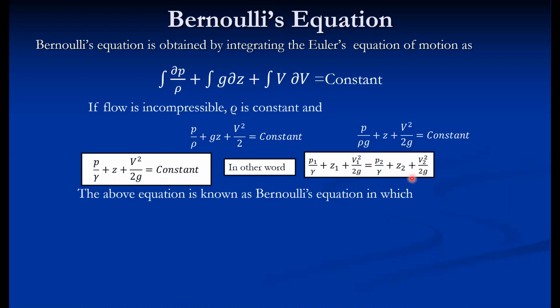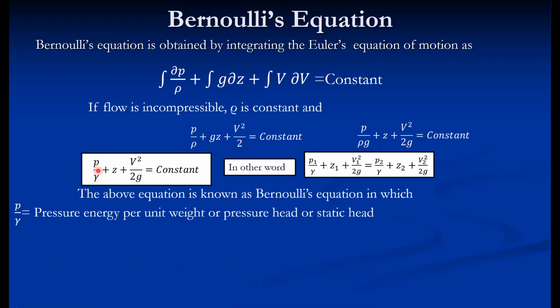Now, if we look at the terms, this particular equation is per unit volume, that is pressure divided by density. And this equation is called per unit weight. If you compare the units, the unit of z is meter. So obviously, as it is the addition of all the components, the units of these parameters have to be meter as well. Even if you calculate, you will get meter. P by gamma is also called the static head.